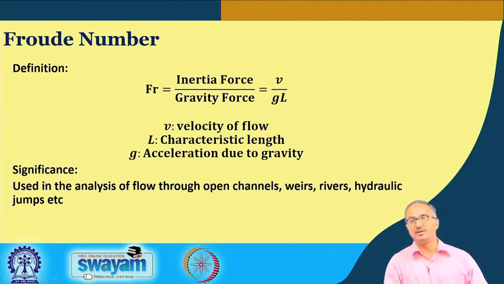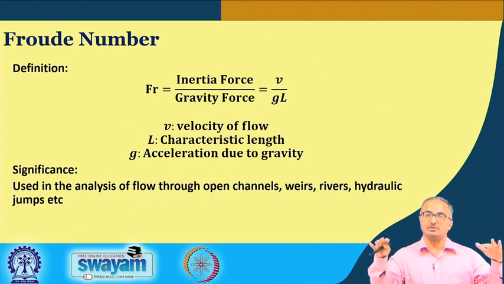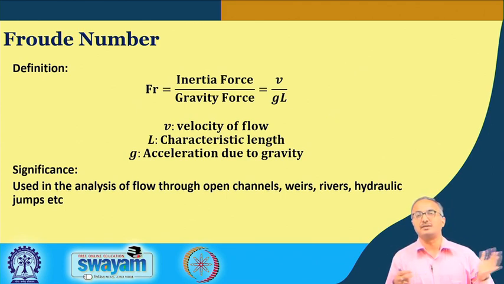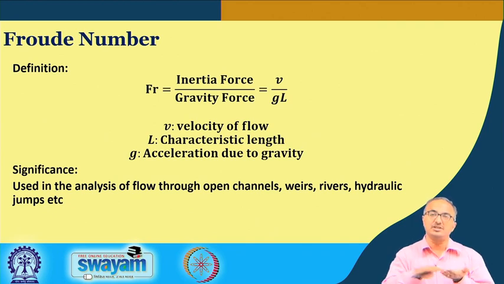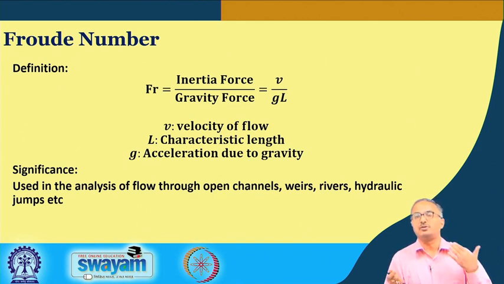And as I explained earlier, gravity force comes whenever there is a free surface, not an enclosed surface. For example, a river, a canal. There we have a free surface, that is, it is unbound on the surface. Okay, and above that we have air. Because air has very little viscosity, we sometimes neglect the effect of the air, unless the air is passing at a very high flow rate, so that there is shear at the interface between the liquid and the gas. Okay, so whenever there is a free boundary, we talk of the Froude number.